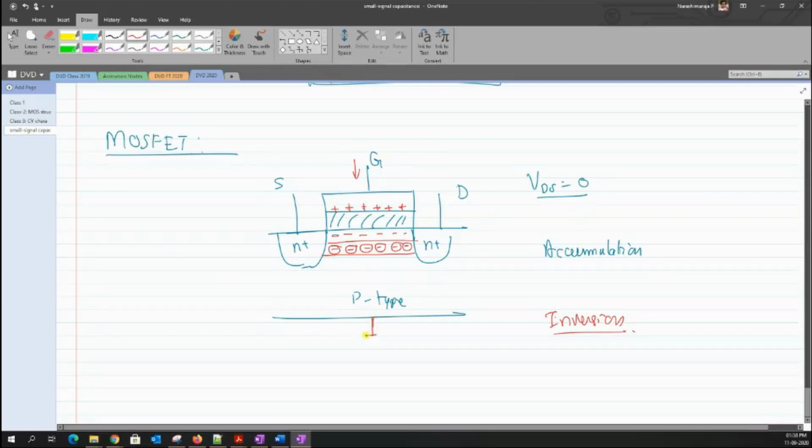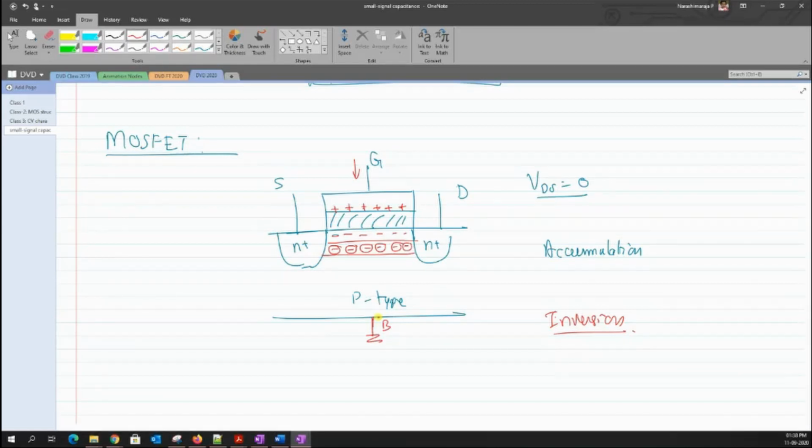Say for example, generally this p-type semiconductor will have the body biased to a particular potential, which is generally taken as ground. So we had some sort of potential difference between the gate and the body when working under the accumulation region. But when I'm working under the inversion region, we don't have any connection to this body. So now how will I refer to this COX term?